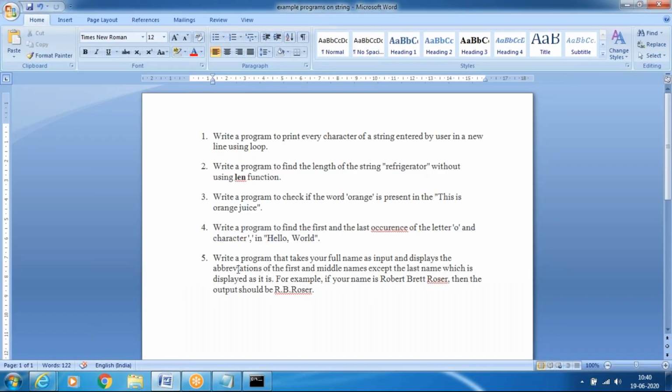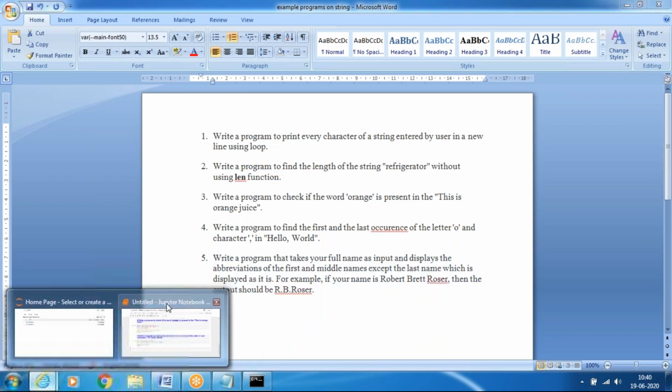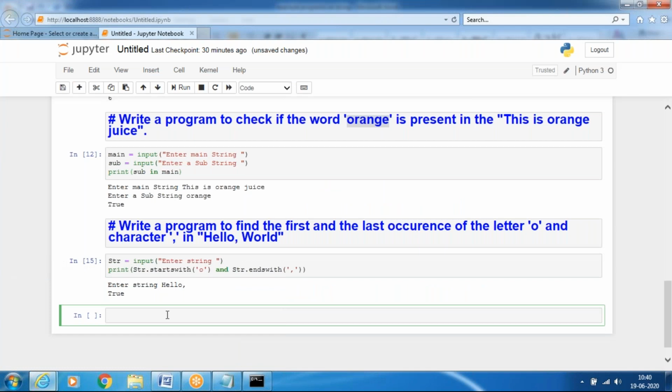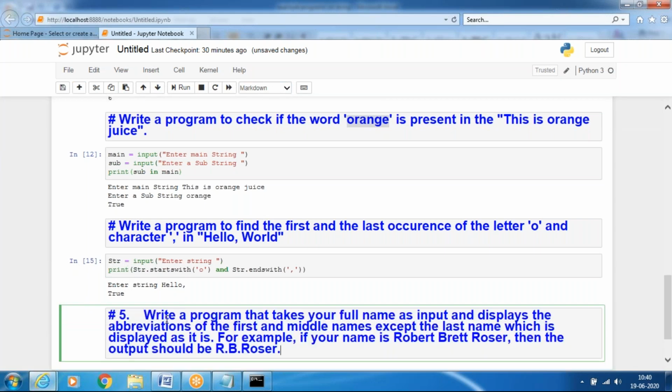So this is the question. Write a program. I'll use the markup code. First write that question and then solve the problem.